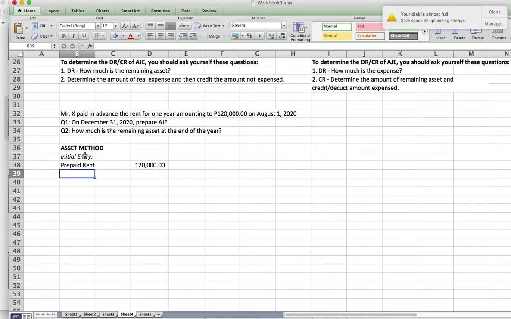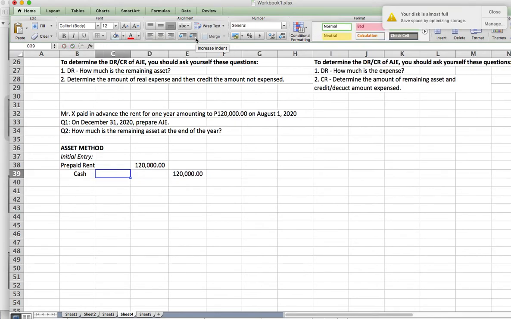Credit, cash. Sabi niya paid daw eh. So, let's assume cash was used to pay 120,000 pesos. Ayan. That is your entry on August 1, 2020. Now, on December 31, what is your adjusting journal entry? On December 31, 2020, your adjusting journal entry would be,